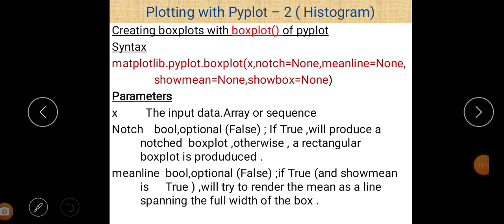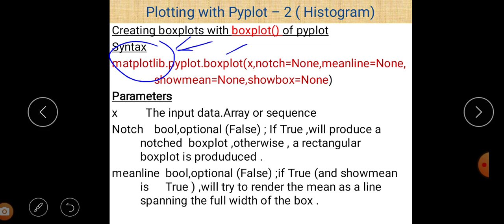Now let us talk about the creation of a box plot using Python programming. First of all, let us talk about its syntax. We use the matplotlib library for that purpose. So first of all import the matplotlib library, and there is an interface which is a collection of methods named pyplot. After the dot operator, you must write pyplot, and then to create a box plot there is a method named boxplot. So we write